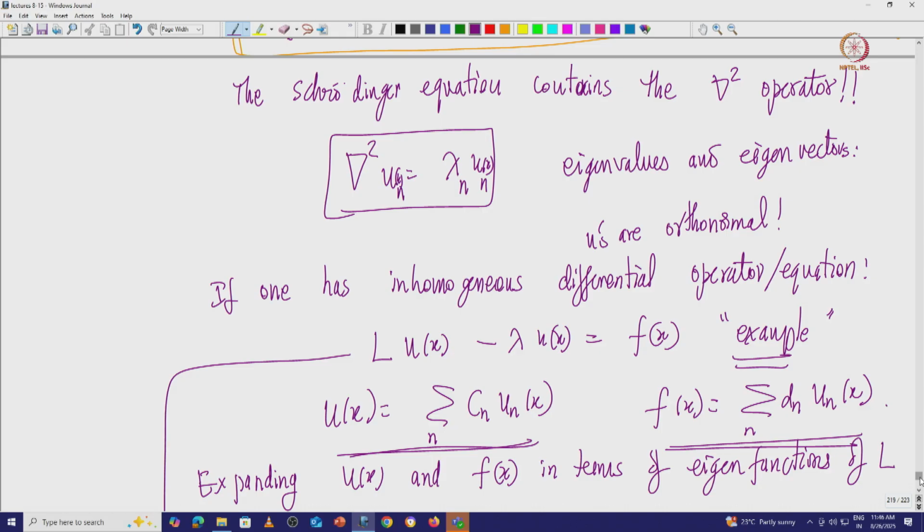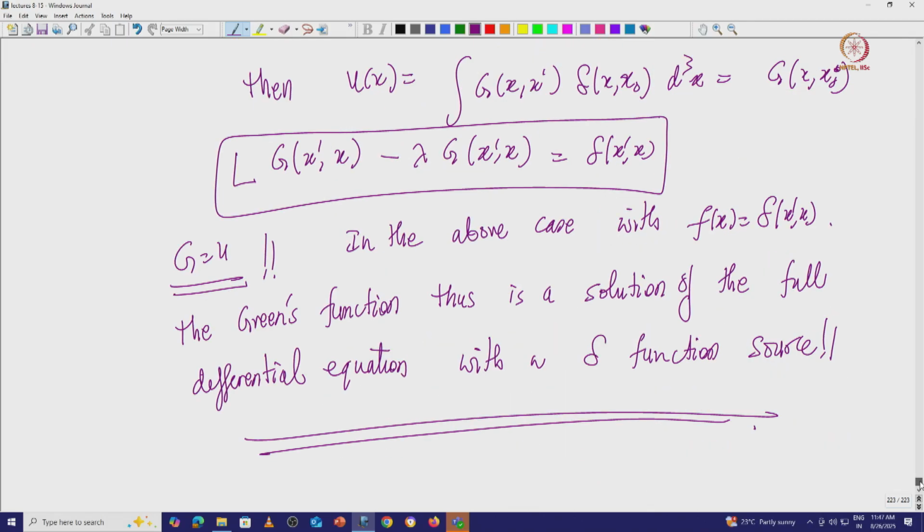We showed it just taking that if these eigenfunctions form a complete set, the eigenfunctions of the Laplacian operator, let us take a Laplacian operator and it forms a complete set, and then we write a differential equation. What we can do is, if they form a complete set, every function appearing in the differential equation can be expressed in terms of this complete set of the Laplacian operator, and this will in turn help us express